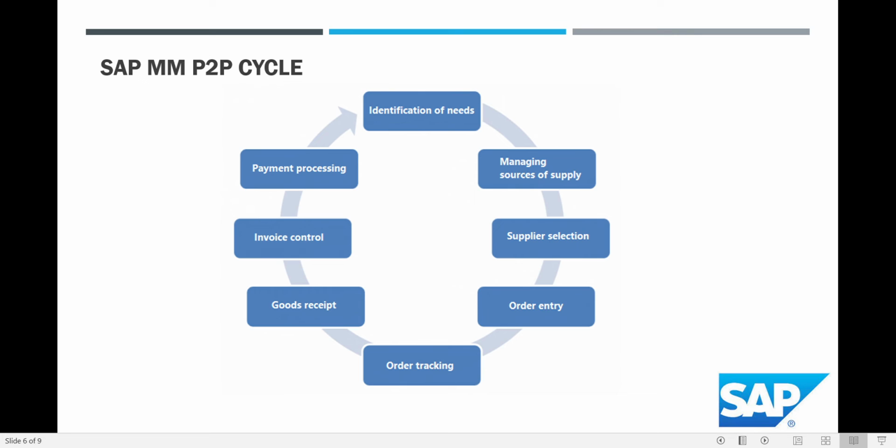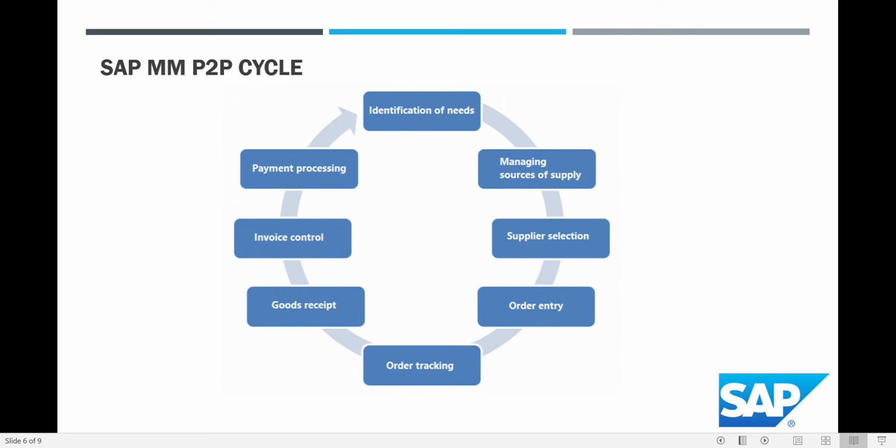After that, the goods receipt comes into the picture. When the company receives the plastic bottles, they will make an entry that they have received 1,000 bottles, or 500 bottles, or 100 bottles. Whatever the amount, they will note it down through the goods receipt process.